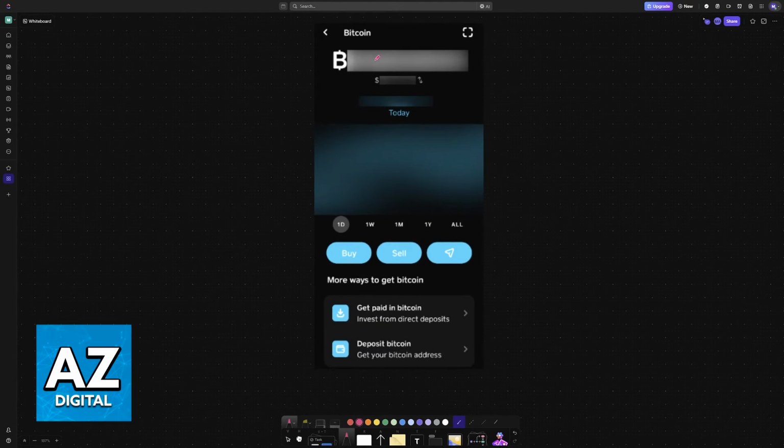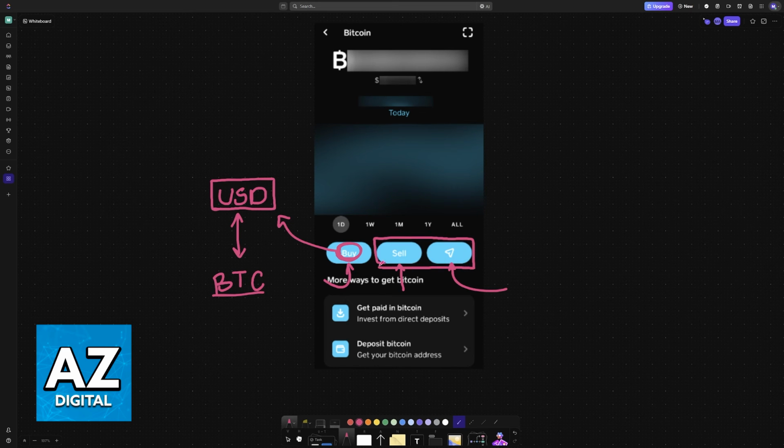Alternatively, if you go into more details about Bitcoin, you will see the option to buy, sell, and then transfer it, just like I showed it now. If you don't have any Bitcoin on Cash App, then you will have to buy it first, so choose buy, and you will see the current exchange rate in US dollars. So you will be able to choose the amount that you want in Bitcoin or the amount that you want to spend in USD. Regardless of how you choose to approach this, you will be able to receive the exact amount in Bitcoin. Then once you have the Bitcoin, you are free to sell it in the future if the price increases, decreases, or you can transfer it elsewhere by choosing this arrow icon.